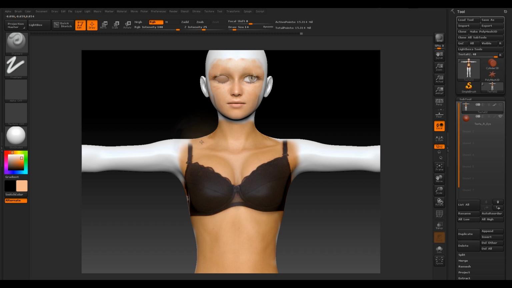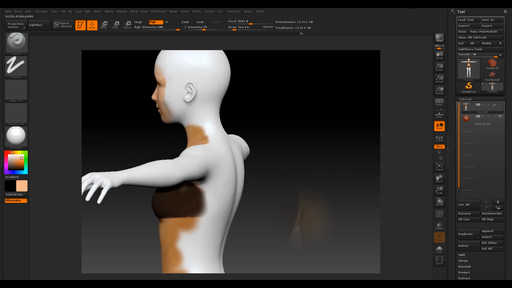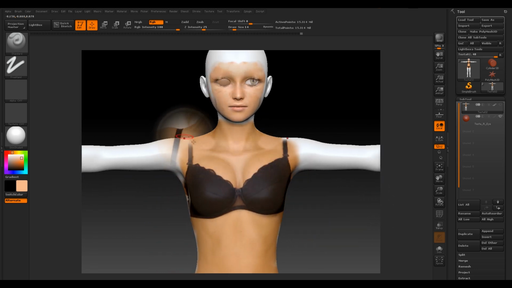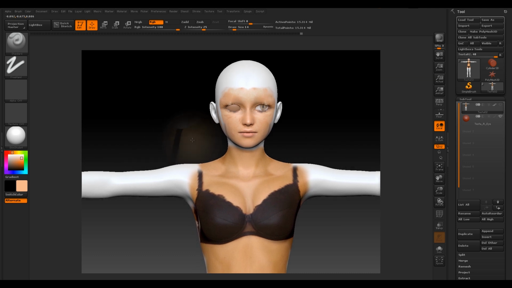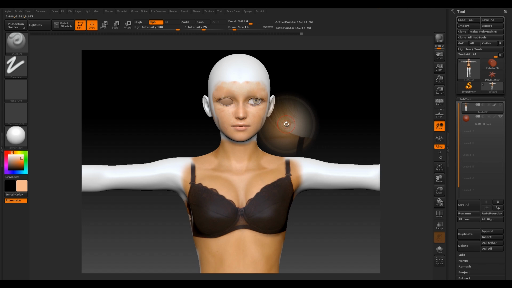Hit X, actually. I want to paint symmetrically, so I can get that remaining detail, so to speak. And then once again, you definitely wouldn't want to paint with clothes on. You would definitely want to paint with a more nude texture, so you can really work with that skin detail. But at this point I would come in, and if I hit